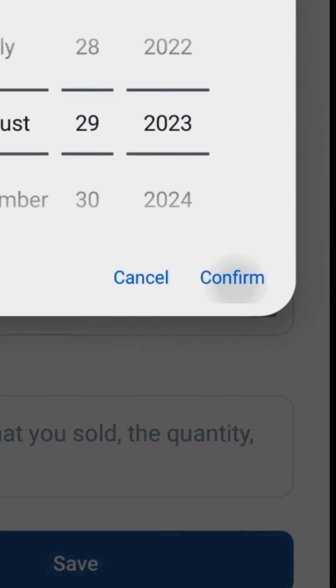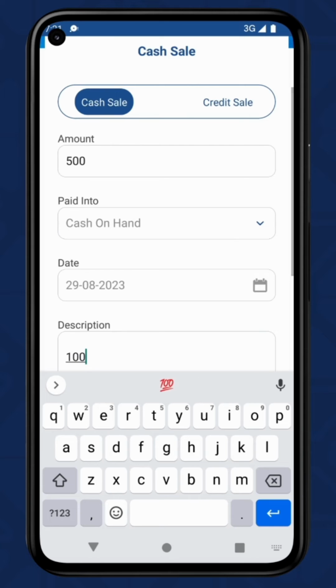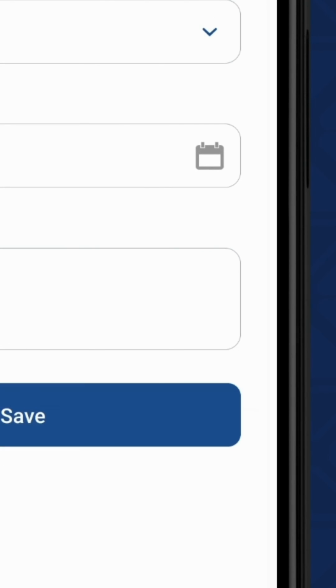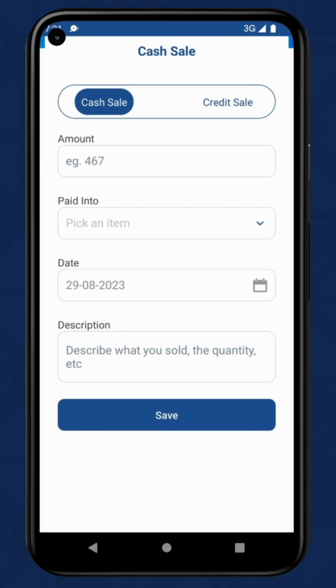So you confirm am. Next you get for describe which you sell. So we sell 100 pieces apple. Then we can say. So these are the steps them for record the transaction we sell, then the person